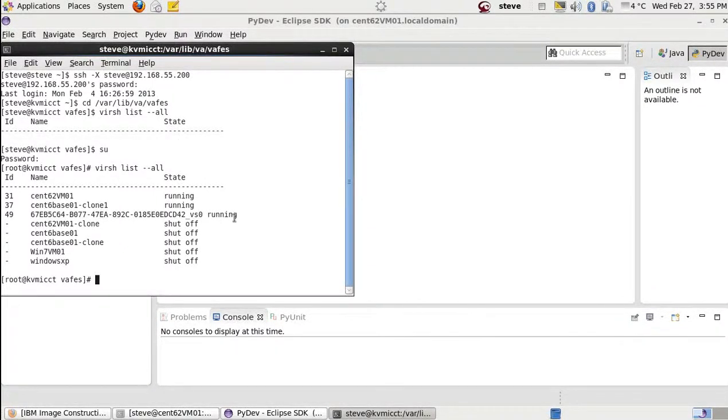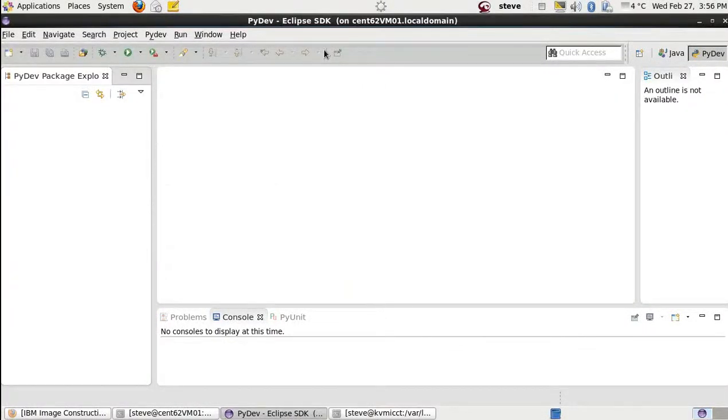What I'm going to do is create a script to change the MySQL password. So we're going to parse for the MySQL root user's password at deployment time, and then we're going to automatically change that on the VM once it's booted up and once the MySQL daemon is started. So we'll be using the PADK